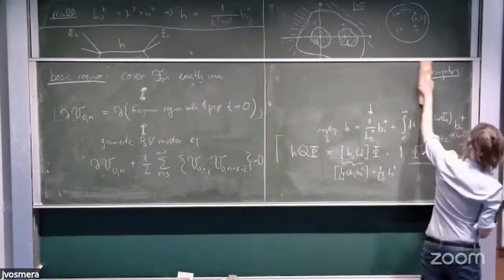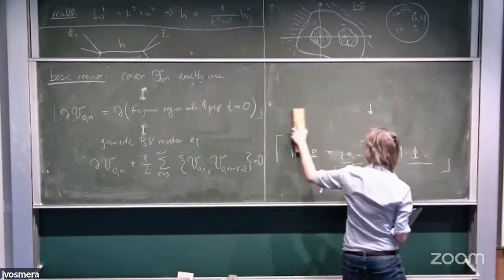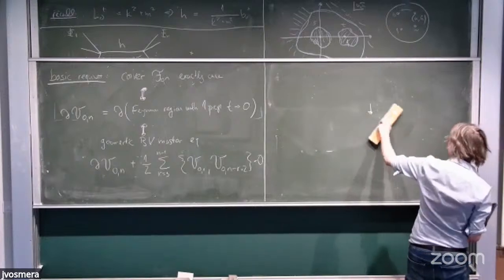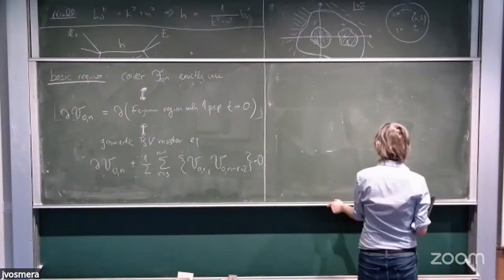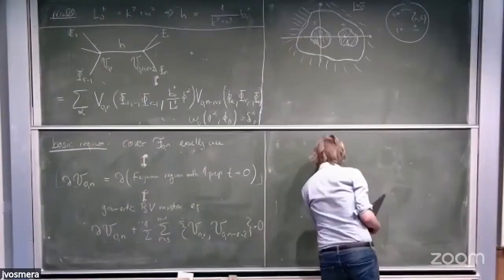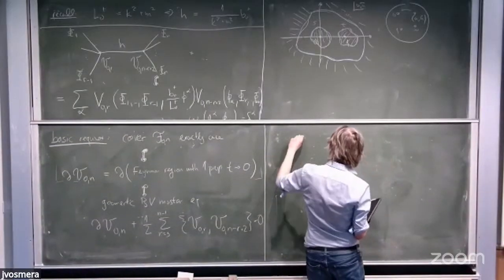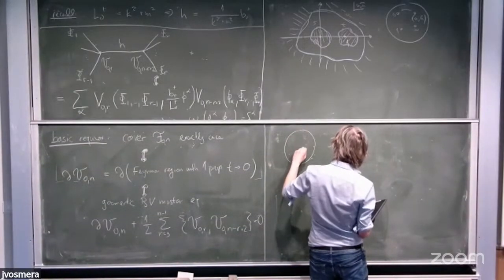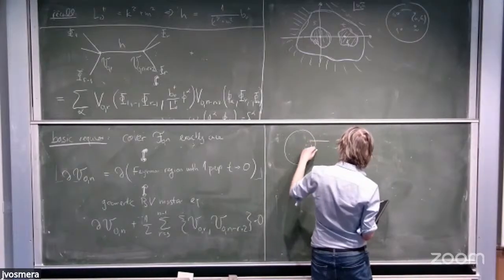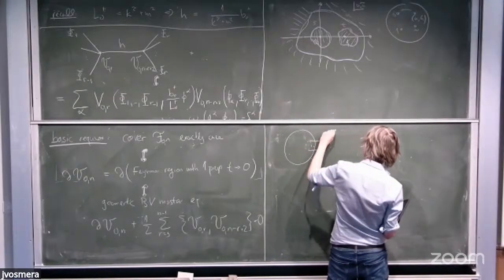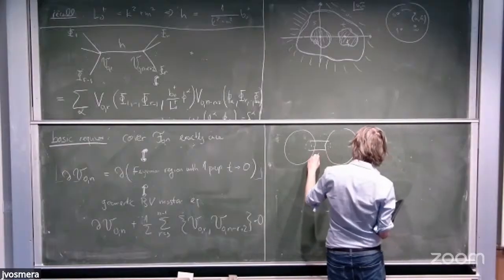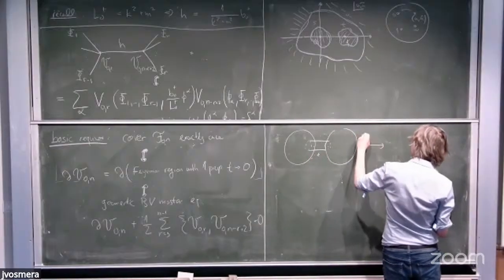That is amounting to taking the two spheres, which are representing the two elementary vertices going into the diagram, and gluing these two spheres along a disk-like region. So this is the case where the propagator is still finite, still has a finite length t, right? So now when t goes to 0,